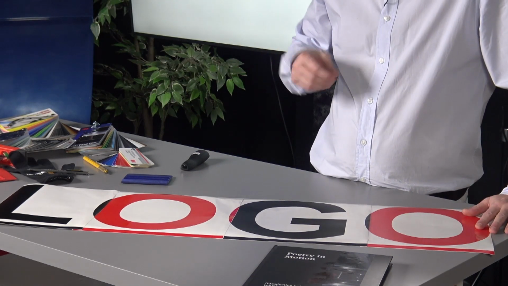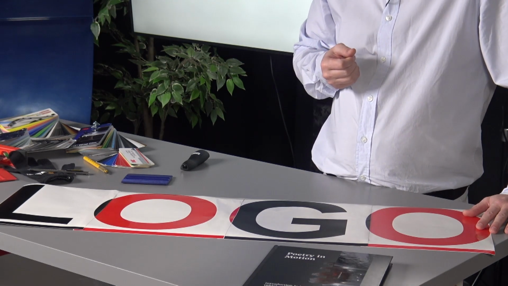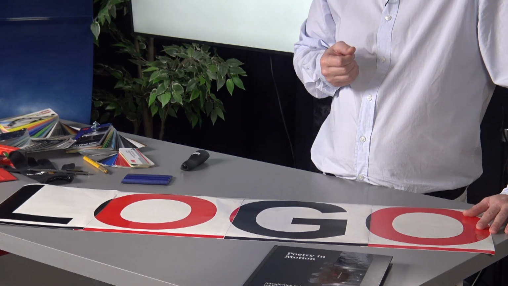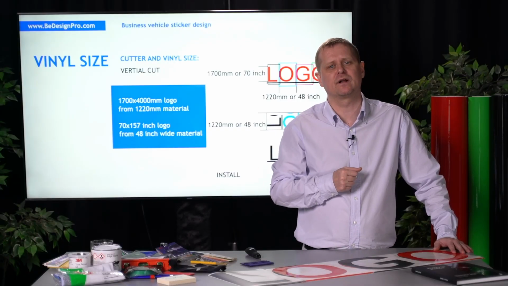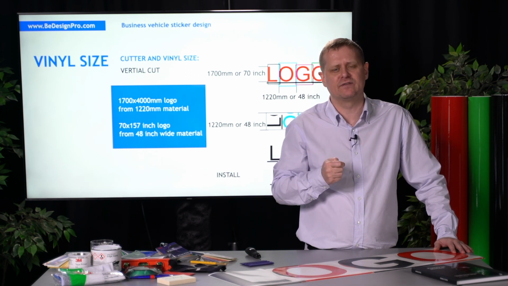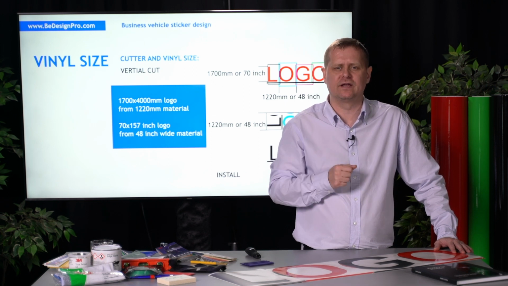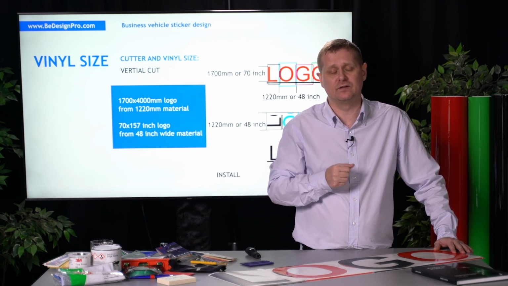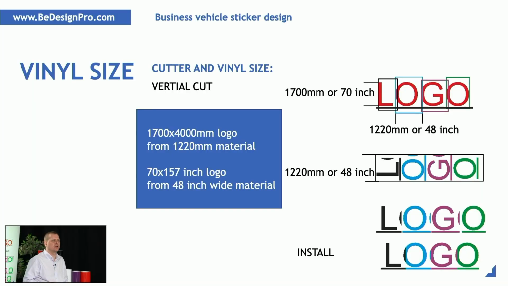On installation later, you simply put your stickers in a row, the bottom line keeps them on the same level and the spacing parts keep the letters in the correct place. And voila, you have a 1.7 meter or 67 inch logo from 1.2 meter or 48 inch wide material and without any cuts. But if you have a logo where you cannot use this separate letter cutting, this means we have to make the cut line horizontally